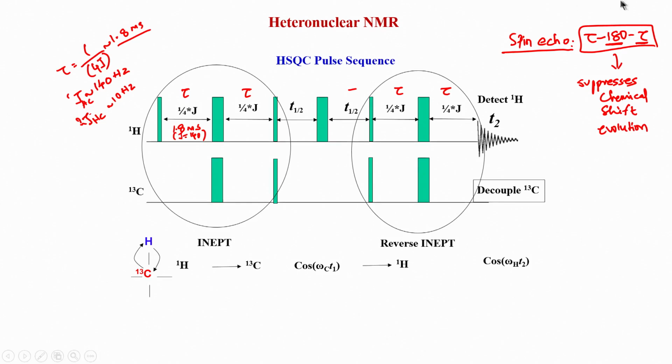Welcome back to the course. We were looking at 2D heteronuclear NMR spectroscopy in the last class. We started with HSQC, which is a very basic 2D NMR experiment, and it can correlate either proton with carbon or proton with nitrogen. So, we looked at the pulse sequence briefly. Now, let us continue to look at that. A variant of HSQC is HMQC, which we will see next.